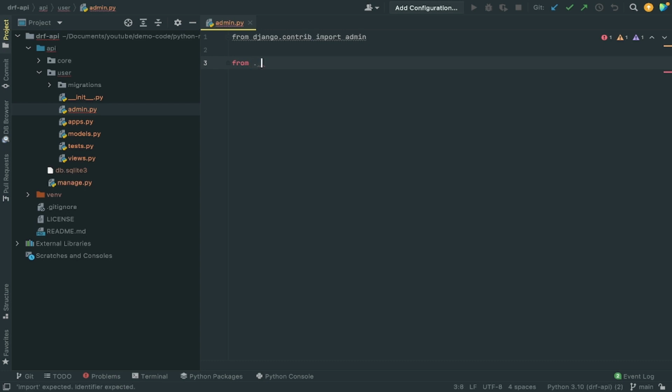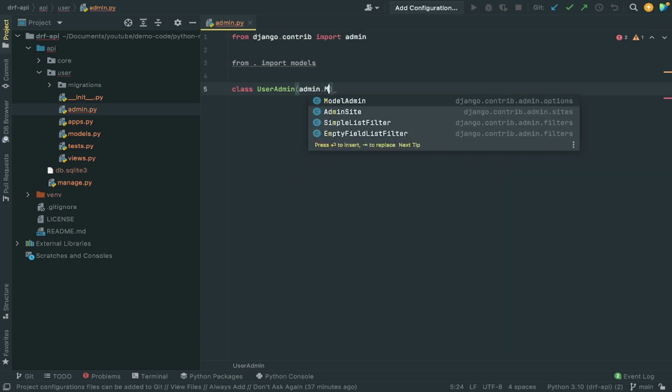So from . import models, and then say class UserAdmin. I was going to put an underscore so that we're not reusing this outside of the directory, but to be honest, it doesn't really matter. Let's just call it class UserAdmin, and then say admin.ModelAdmin,